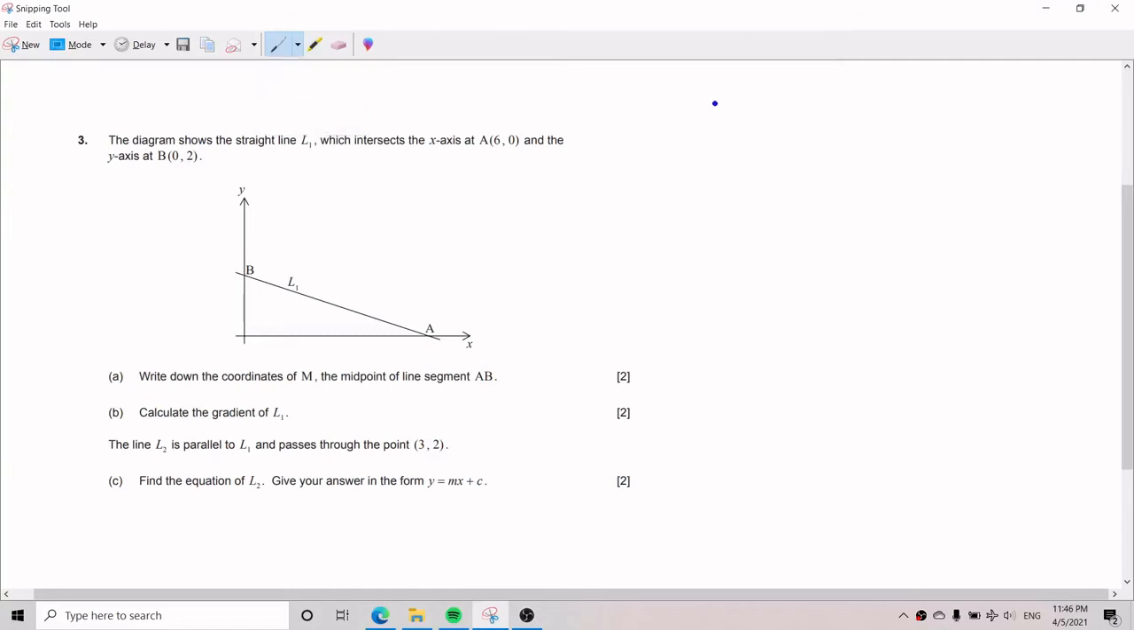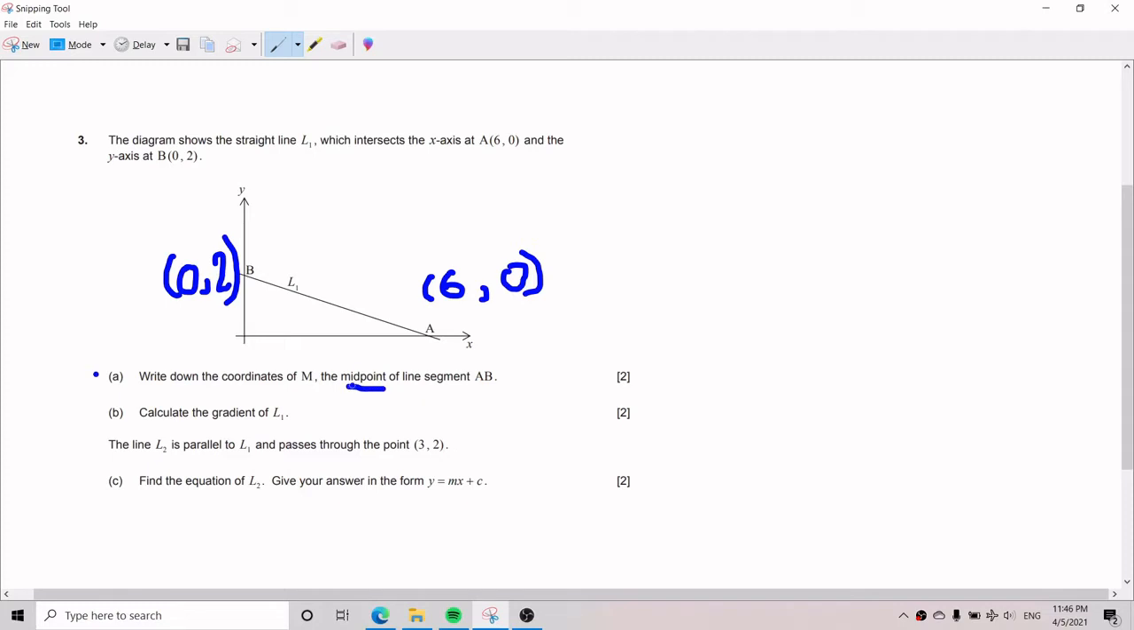Hello everybody, today we will be going over a midpoint and parallel lines problem at the IB Math Studies level. So the problem gives us the diagram that shows this straight line L1, which intersects the x-axis at the point A, (6, 0), which would be right here, and the y-axis at point B, (0, 2), which would be right here. And so for part A, we need to write down the coordinates of M, the midpoint of line segment